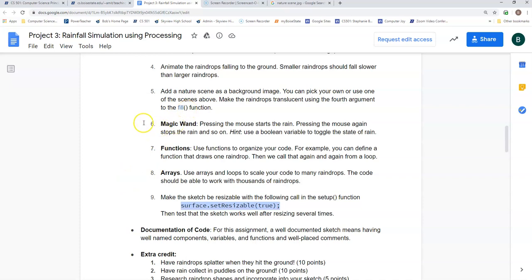Magic wand. This is something that you're going to be working on here. You will be able to use a Boolean variable to toggle on and off. So if mouse pressed, then do this. If mouse released, do something separate. So let me give you an example real quick where you can find something to help with that mouse pressed